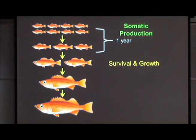So the somatic production component, which we're calculating over a 1-year period, is made up of two processes. So the fish are growing over that time period, and then there's a survival component. So how much of the fish are going to survive over that 1-year period? And in our model, we only include fish that survive the whole year. In other types of